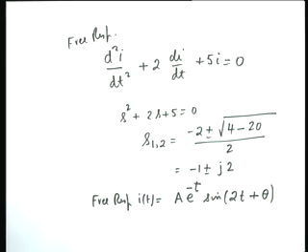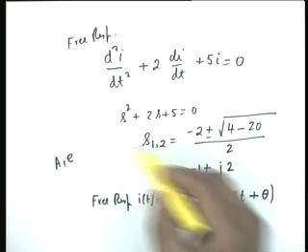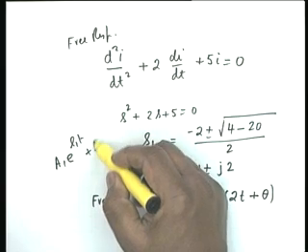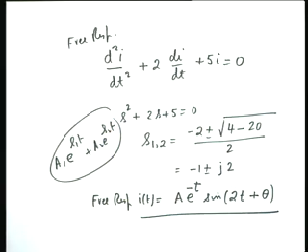As soon as I find out the two roots satisfying the two natural frequencies, I can write A1 e to the power, let us say natural frequencies are S1, S1t plus A2 e to the power S2t. Then I combine these two terms to put it in this form. Can we directly use this formula? You can, yeah.